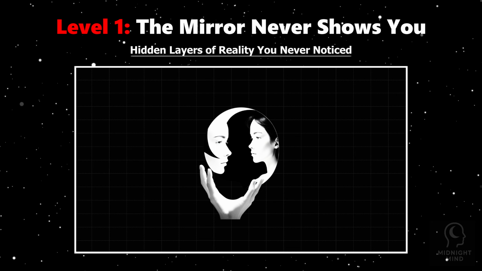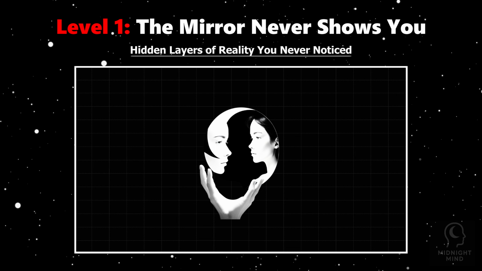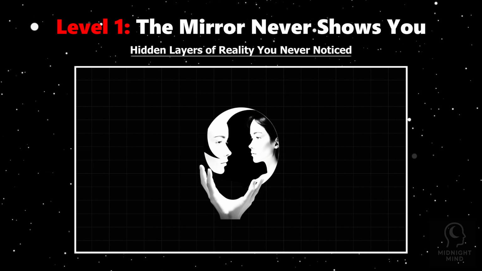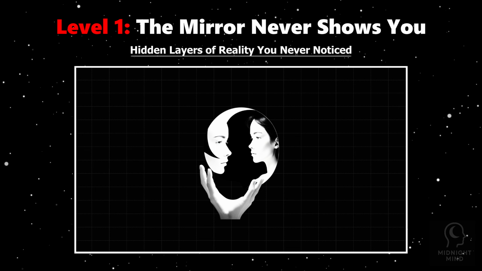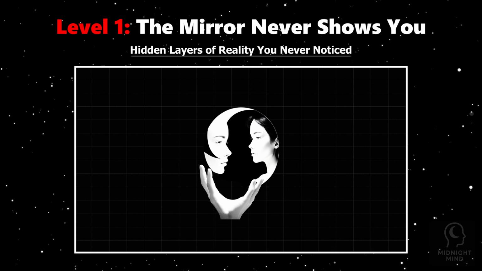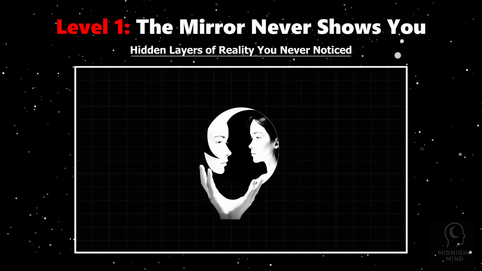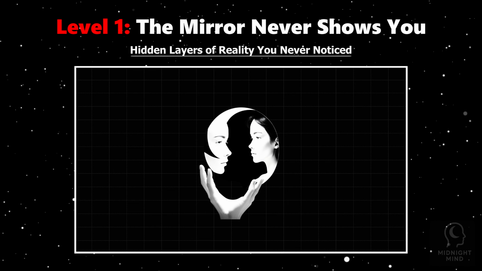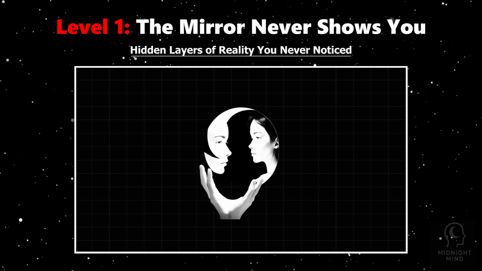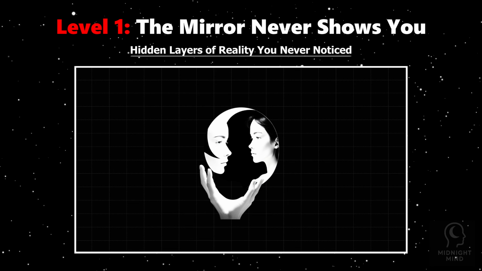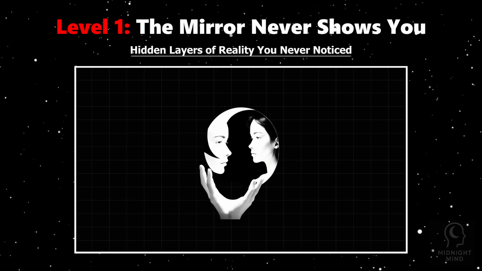Scientifically, a mirror reverses the left and right sides of your image. This lateral inversion means that the side of your face you perceive as left is actually the right side of the reflected image. This reversal distorts how you perceive symmetry, which is why photographs often look off compared to your mirror image. You've grown familiar with the reversed version, not your true appearance, but the trick runs deeper.